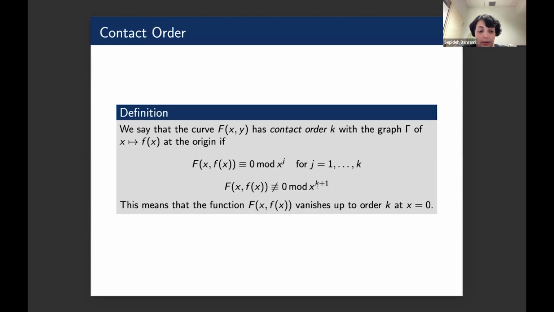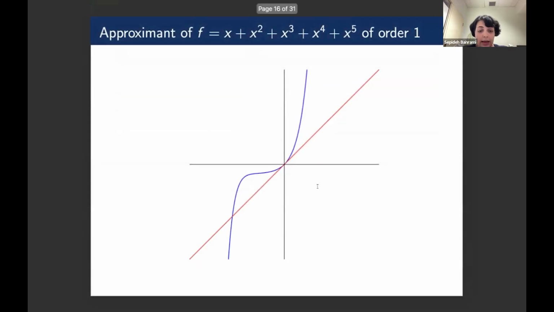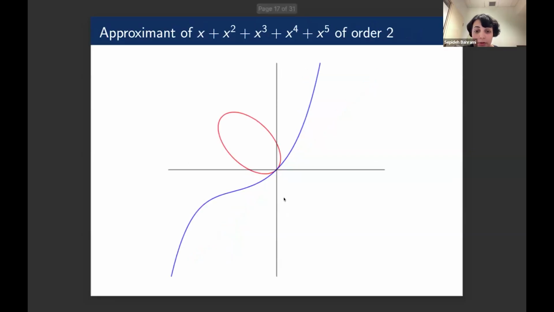So essentially, the contact order tells us how many derivatives of the polynomial and the original curve match at the origin. And as you see, these visualizations show osculating curves from degree 1 to 5 for the function f(x). This is degree 1, this is the osculating curve with contact order 1, contact order 2, this is 3, 4,